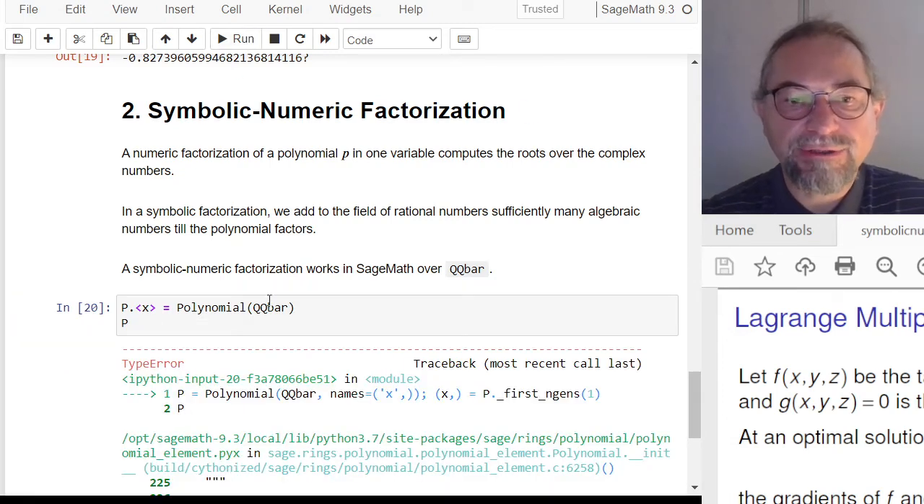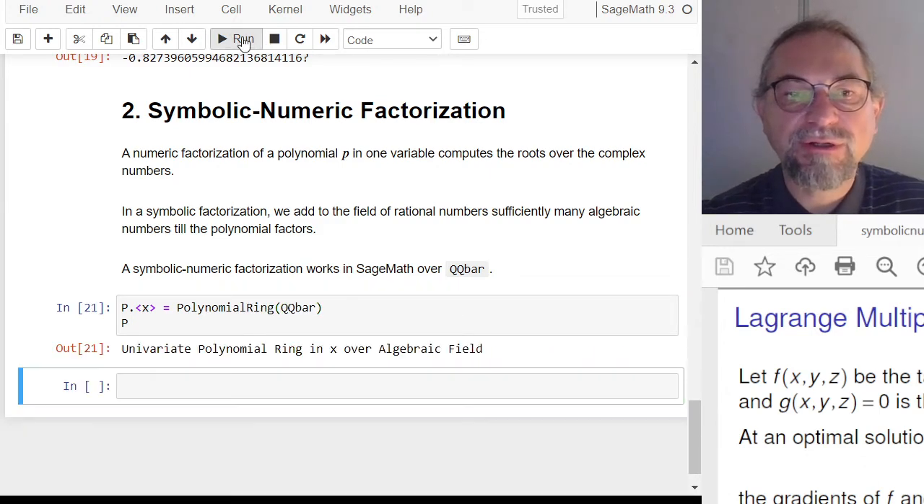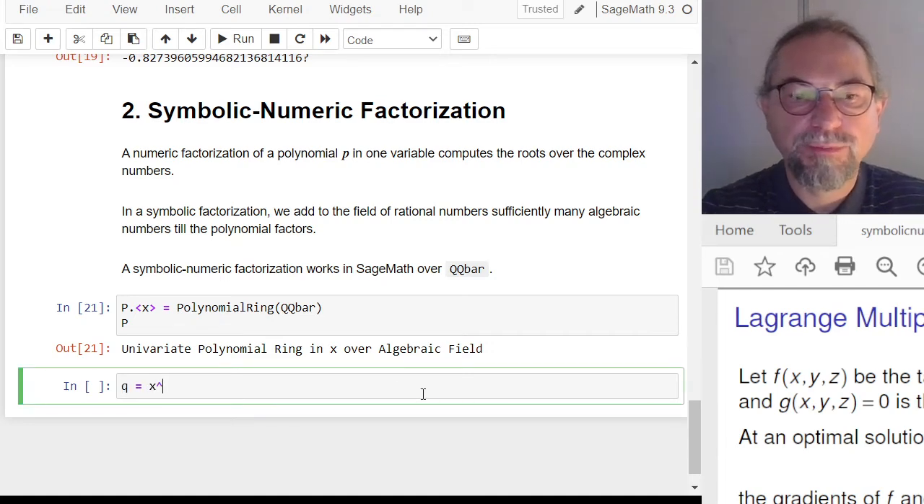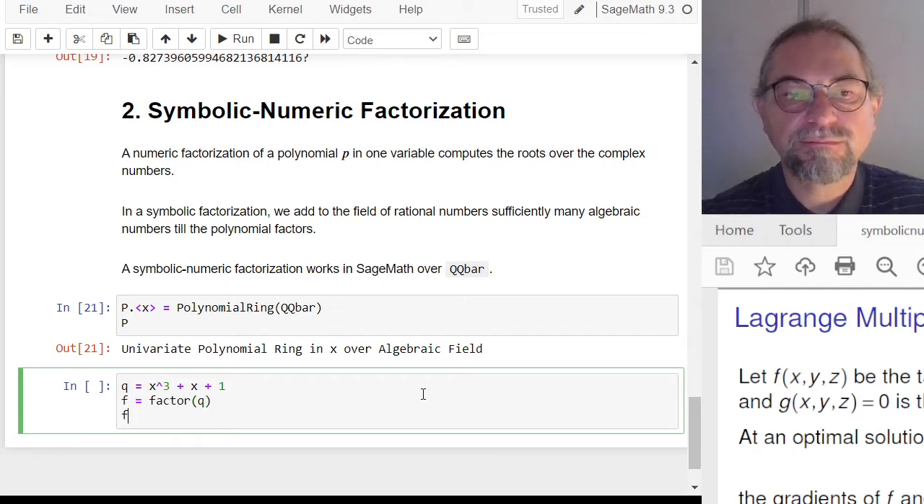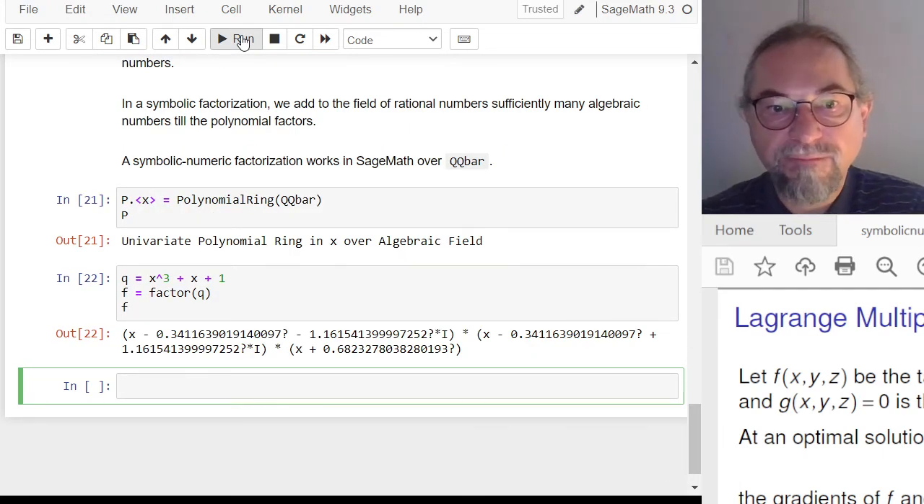So any expression that I'm typing in X now will be a polynomial over this QQ bar. And you can see it's over an algebraic field. So let me type in a polynomial, a polynomial that essentially does not factor over the rationals. And here is the factorization,